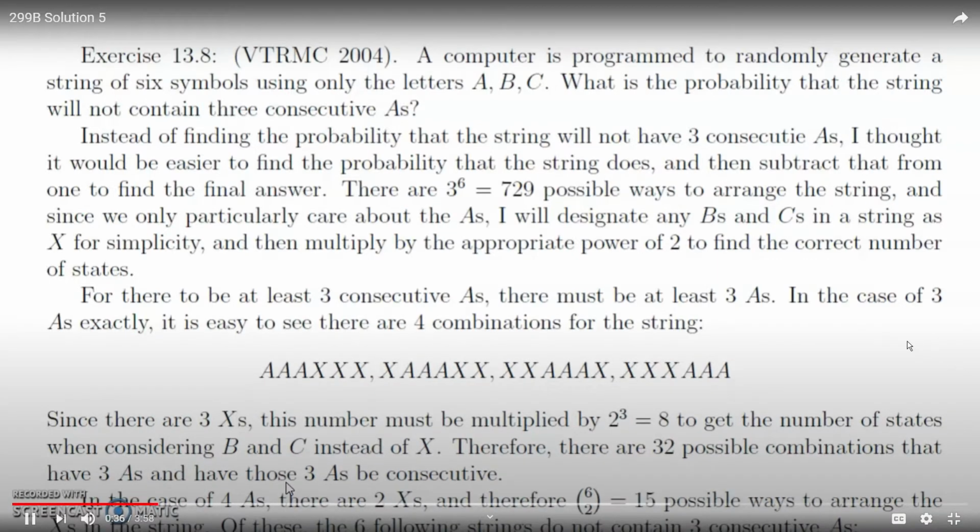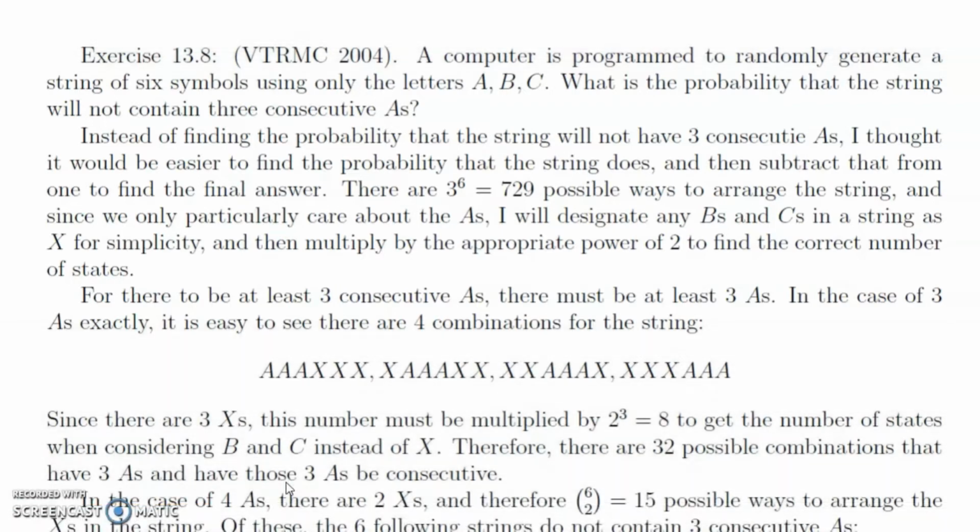Since there are 6 letters and 3 possible choices for each letter, there are 3^6 possible ways to arrange the string. And in the string, we don't really care about the a's. I don't care if something is a b or a c, I would just consider that as not a. So in this solution, I'm just going to write them as x's for simplicity, and then you just multiply by the appropriate power of 2 to replace the x's with the possible combinations of